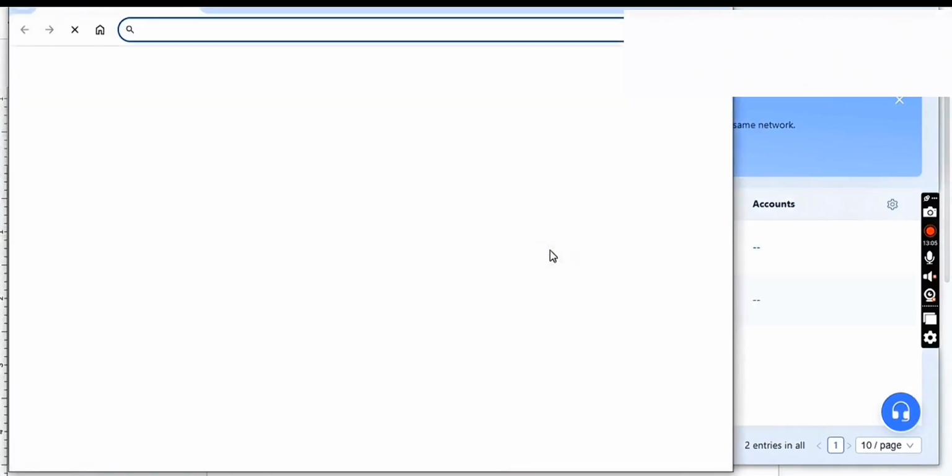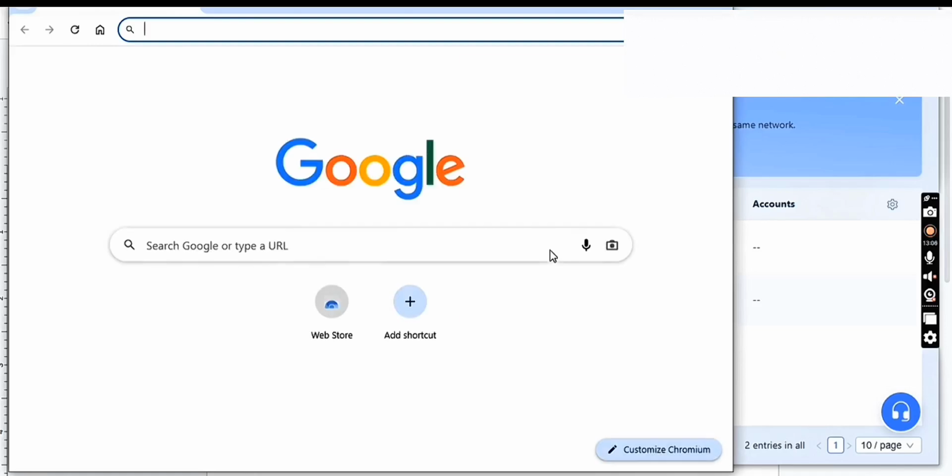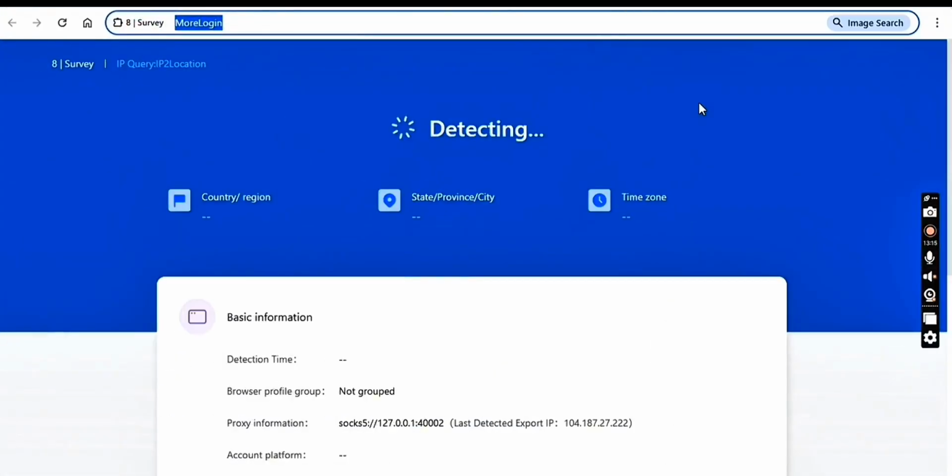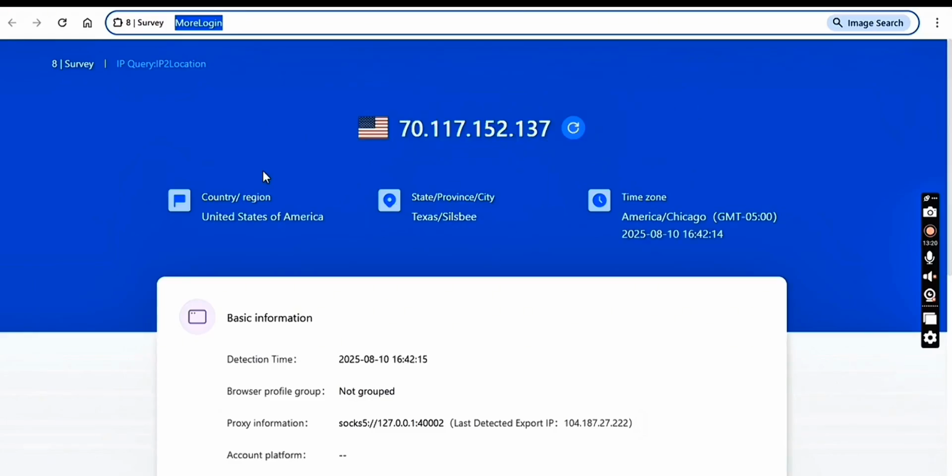Okay, it's coming up now. I'm just going to expand the screen. Beautiful. So it's trying to detect the location. As you can see, it's showing United States of America,